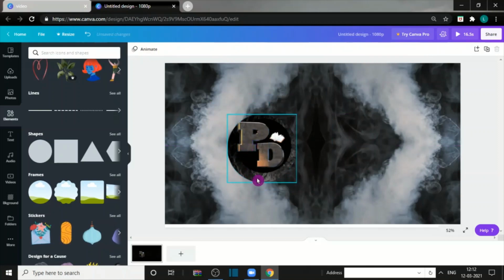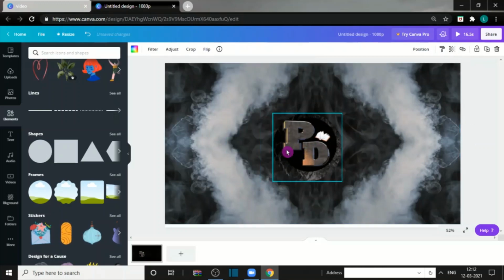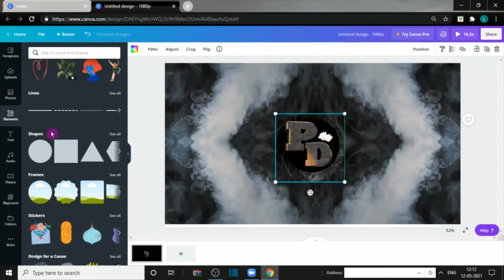Now hover the logo over the frame and that's it. It is properly fitted here. Now you can see the position which is according to your wish and according to your necessity. The way it has been positioned is good now, but the problem is the two screens are looking similar.